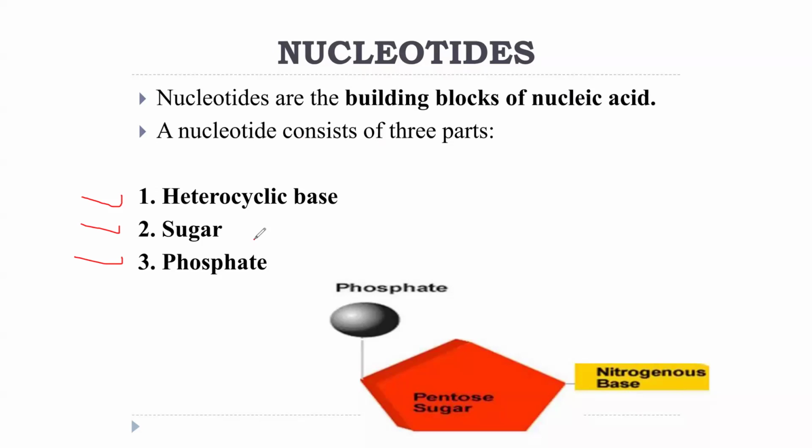So in the ring, they have other atoms apart from carbon and hydrogen. Mostly in this kind of bases, the other atom found apart from carbon and hydrogen is nitrogen. That is why they are called nitrogenous bases, and we are going to look at them